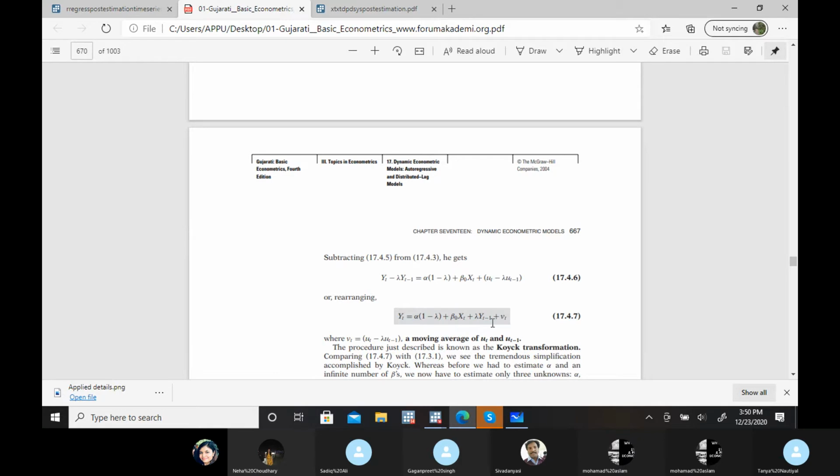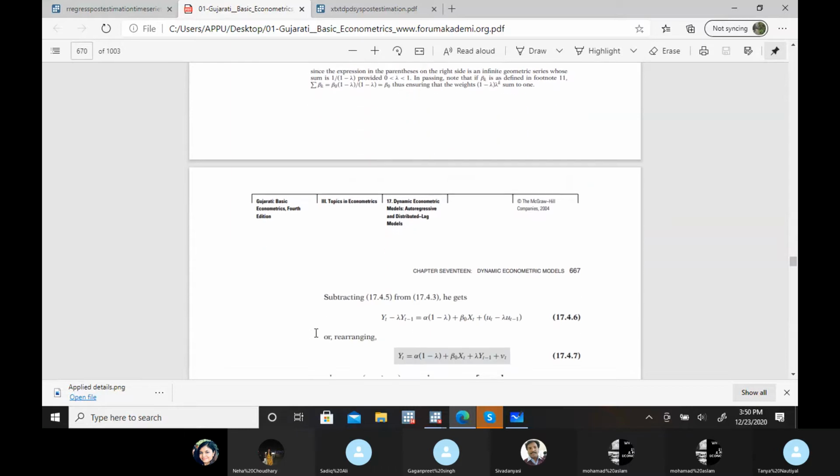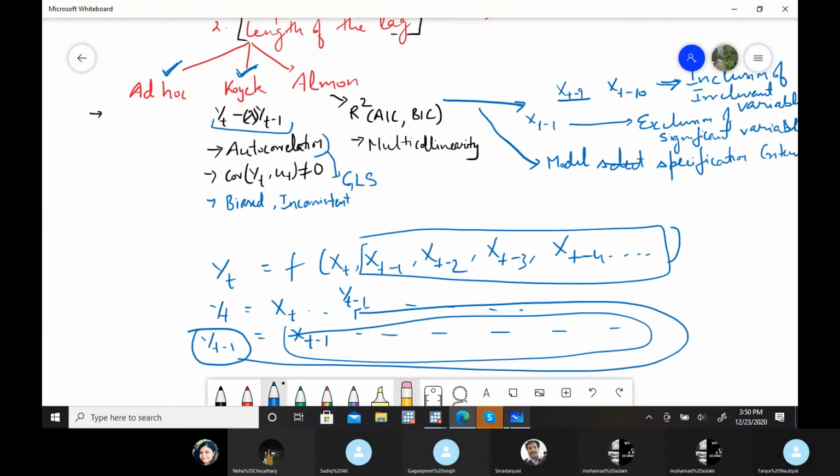Now we have yt minus 1 in place of all the lagged values. Definitely in this process there are some other changes, like this constant will change. But now for all the lags of the x variable, we have yt minus 1, so it automatically takes care of all the impact.